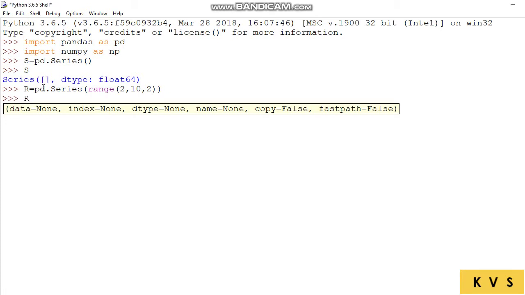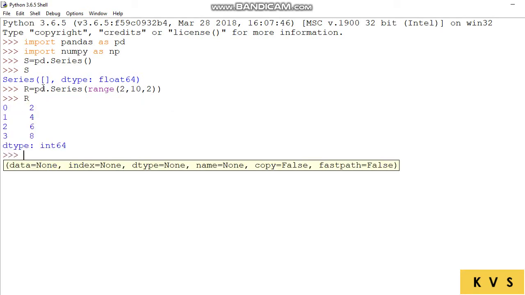I am printing r. Now see, as we have given range here, it increments by 2. Step value is given as 2. So the values start with 2 and end at 8 because we have given 10 as the last value. 10 will be excluded. And you can see this first column, this is the index column.